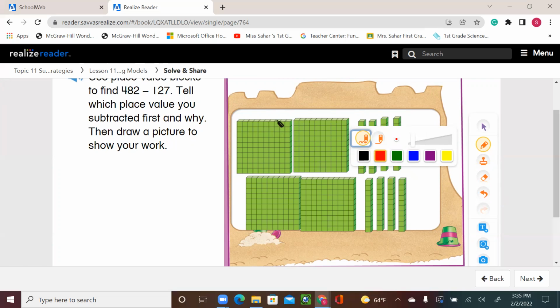So I'm going to take away 100. And then I need to take away 2 tens. And then from the ones, I need to take away 7 ones. I know that I only have 2 ones. So what I'm going to do, I'm going to